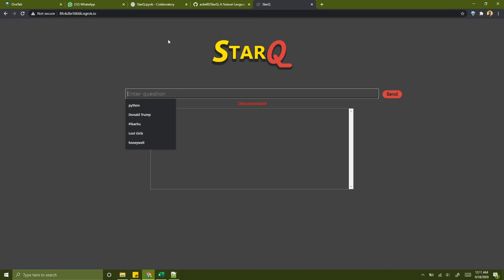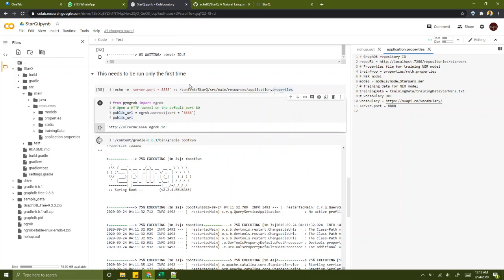So there is one thing that is left to be done. You can see that this is disconnected in red, so don't be afraid looking at that.